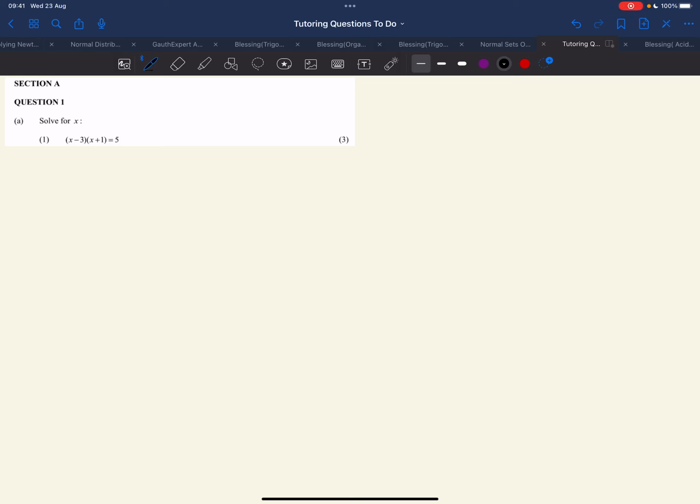Okay, right. So we are in question section A, question 1A, where they want us to solve for x. In number 1, it's given as an equation: (x minus 3)(x plus 1) equals 5. This kind of equation, we call a quadratic equation. Alright, so the only way we're going to solve this quadratic equation, we can either use